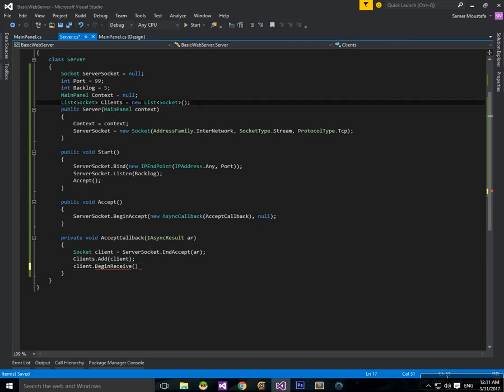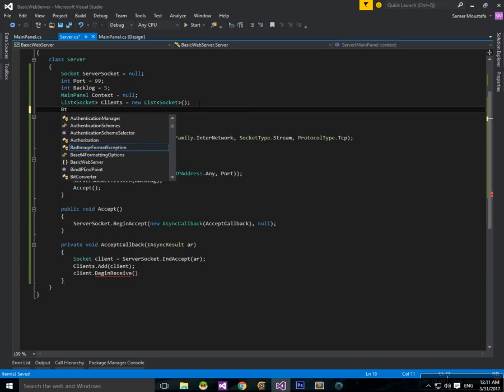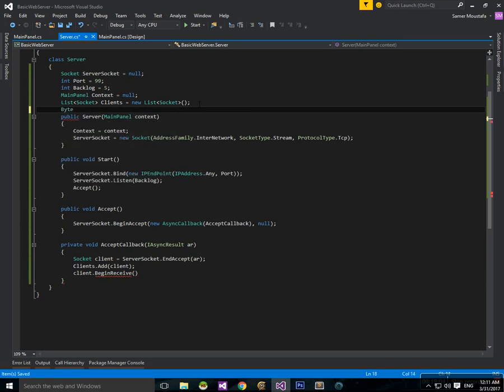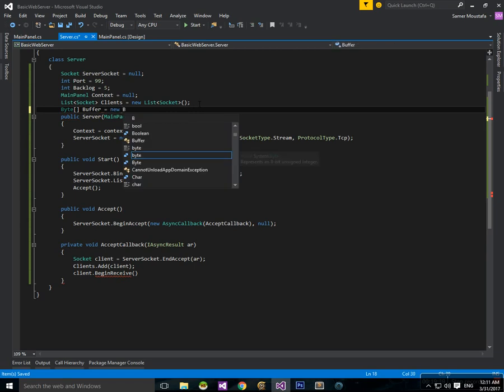So let's create a buffer, byte array buffer equal to new byte. We should make it